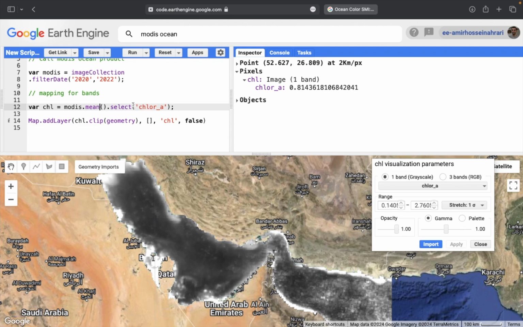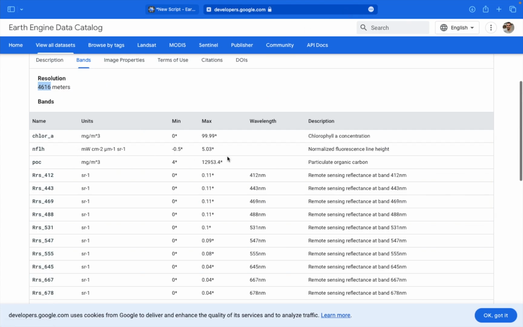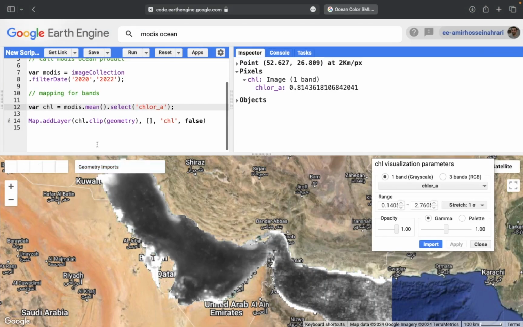So imagine that now we want to repeat this process, getting the average and visualization for another band. Instead of chlorophyll, here I want to show the NFLH band, that is normalized fluorescence line height, showing the phytoplankton existence in our area or in the region of interest. Select the band name and make a new variable. For example,